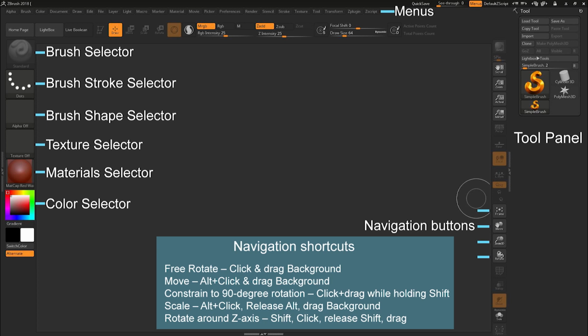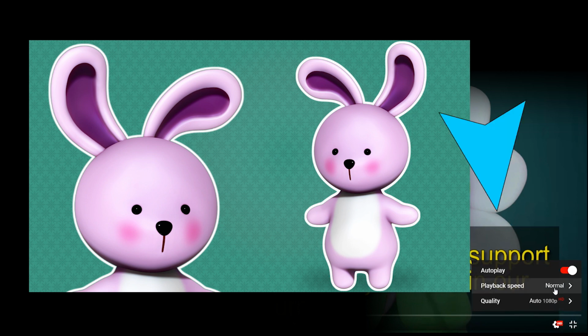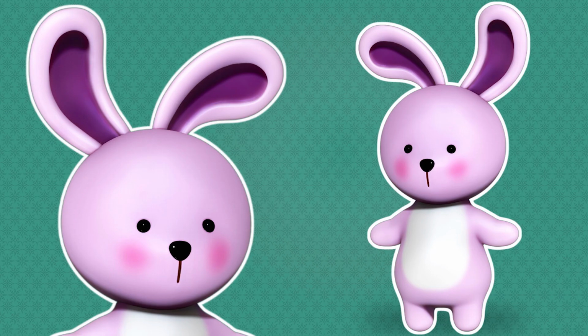This video is recorded in real time and only the repeated steps are fast forwarded. If it is slow for you, you can fast forward the video by going to the YouTube playback speed option. There is something special ahead in this video. Make sure to watch this video till the last. Let's begin with the sculpting of this character.